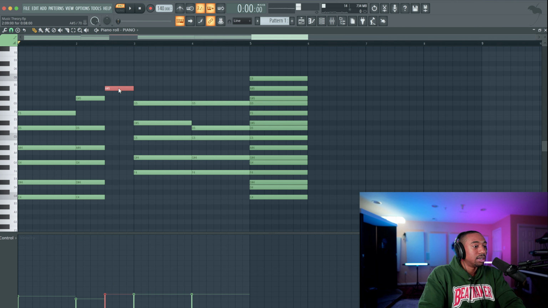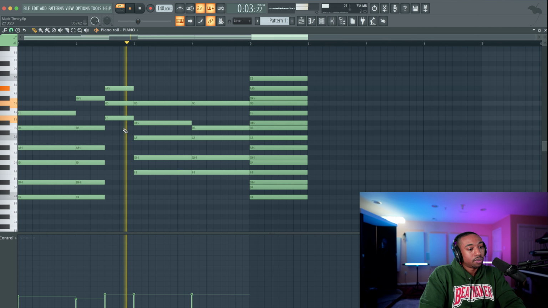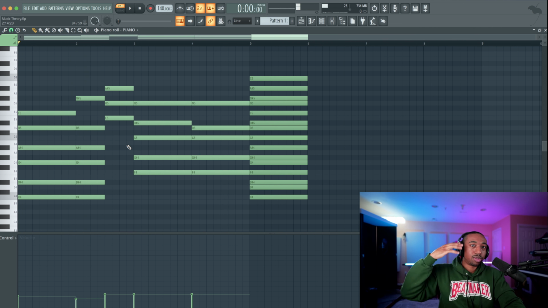So now let's pull this. So it'd be 6, 5, 4, 3. So I'm working backwards now. 2, 1, 0. That creates a diminished chord. Now, diminished chords, I used to hate them until I learned how to voice them. So right now, this is the regular voicing for a diminished chord. See how it just sounds proper in R&B?